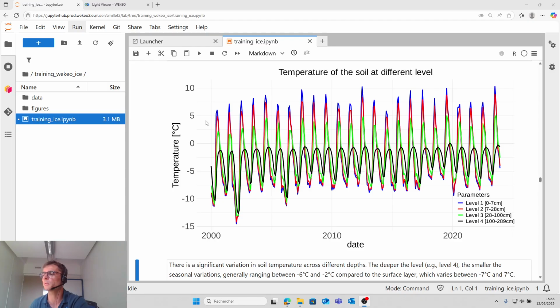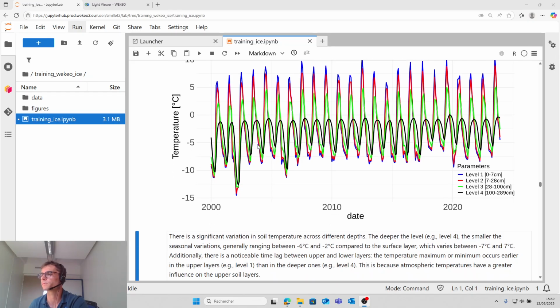The temperature maximum or minimum occurs earlier in the upper level. You can see here, and here it is the maximum of temperature in level 4. It is due to the atmospheric temperature that has a greater influence on the upper soil layer. It is for this reason there is a lag between the two temperatures.